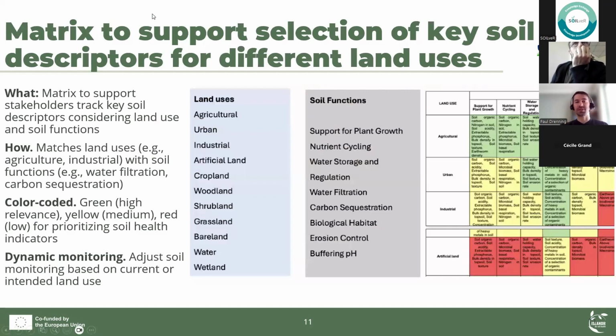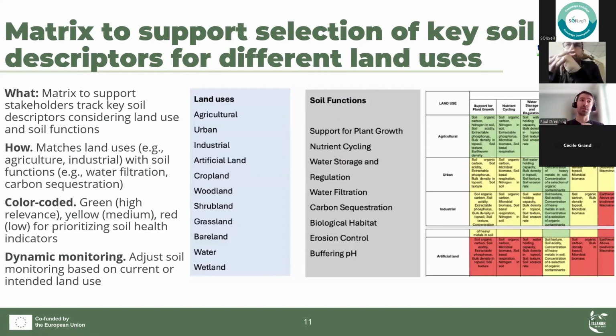And this led to a matrix for decision support to select these key soil descriptors for different land uses, where the land uses, as mentioned previously, which correspond to the LUCAS land use and land cover system, were matched to specific soil functions. And these are a little bit outdated, actually. We need to harmonize these with an upcoming ISO standard. They were then matched to these land uses and then in turn put into a decision support matrix here,